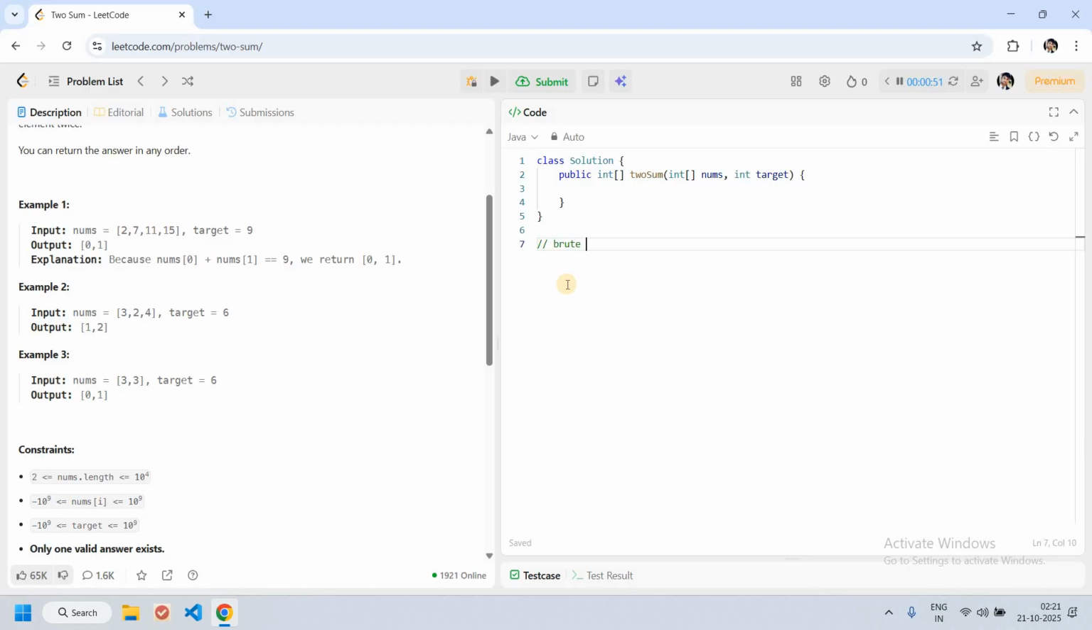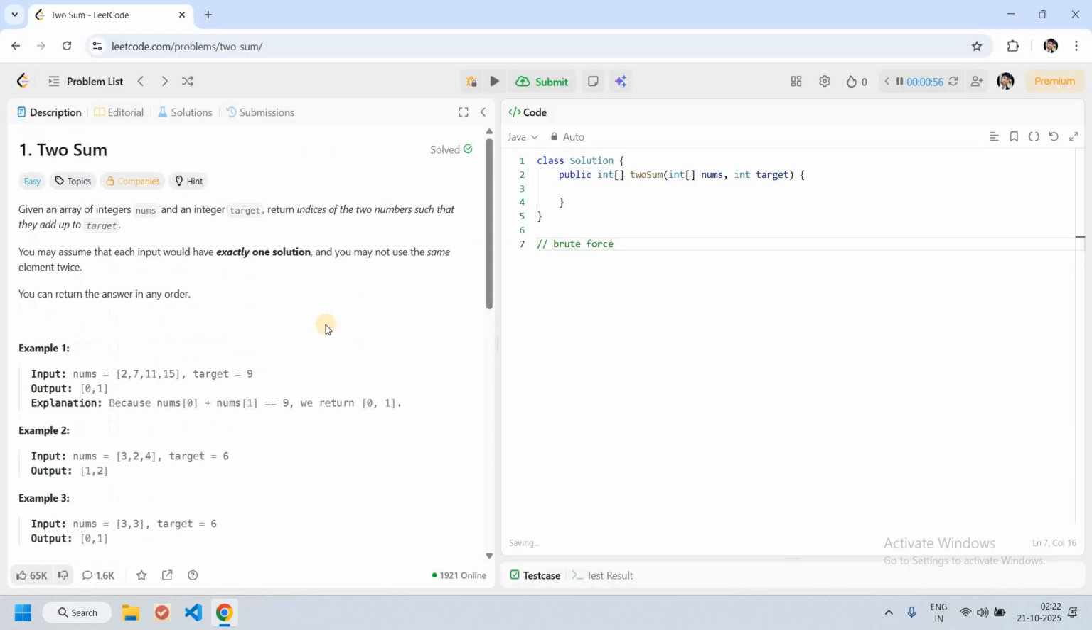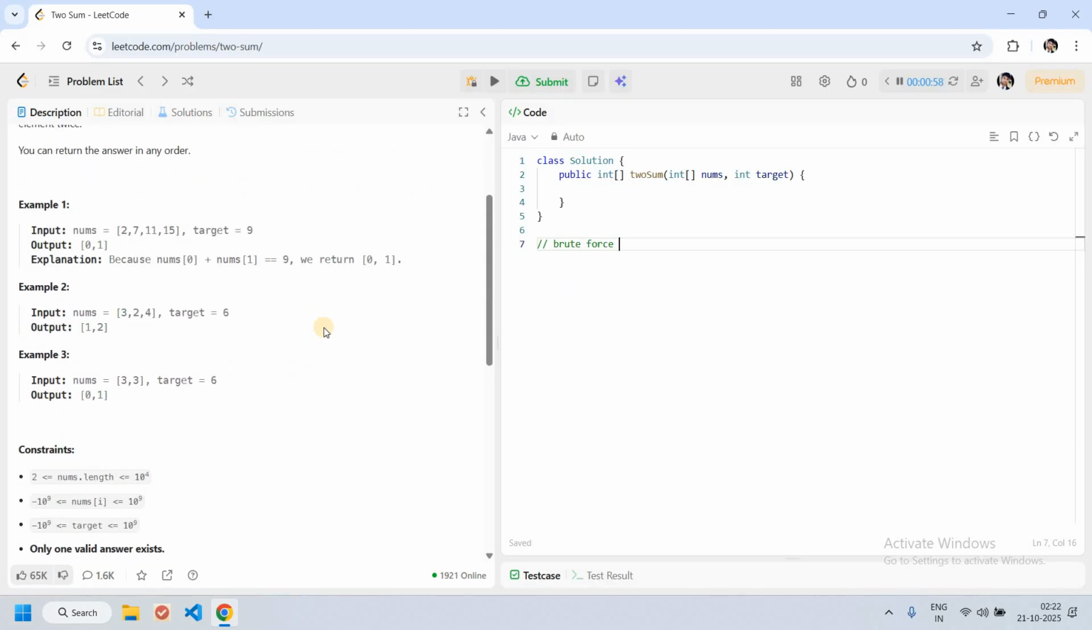Brute force. So in brute force, we can iterate over each pair and compare with the target. If it is equal to target, we return the indices. The other approach I think is HashMap